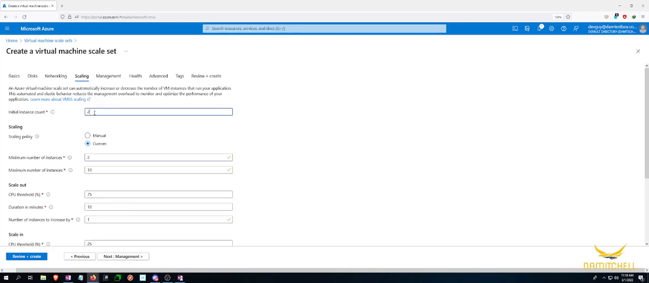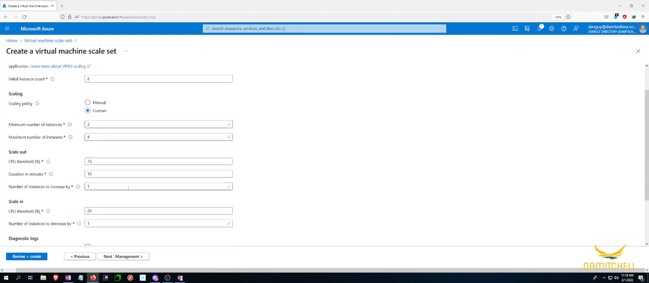I don't want to go down to 1 instance. I want to keep it at 2. And the maximum is actually self-explanatory because as it's scaling up, what is the maximum number that you want the scale set to manage? I'm going to go up to 4. And we go to scale out, the scale out